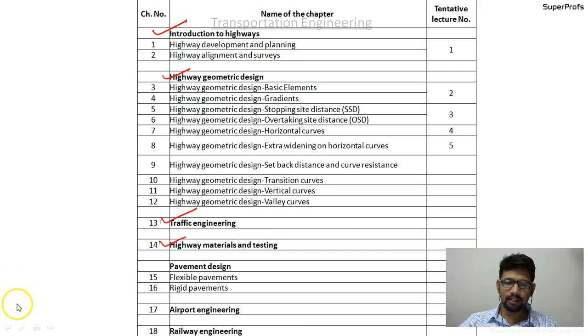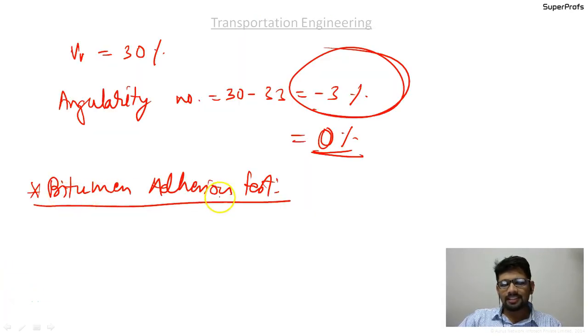So the bitumen adhesion test is the test on aggregates in which we find out the adhering capacity of bitumen to the aggregates. It is known to us that bitumen doesn't adhere to aggregates that are wet. So we need to compulsorily dry the aggregate first and then use the bitumen coating on it.